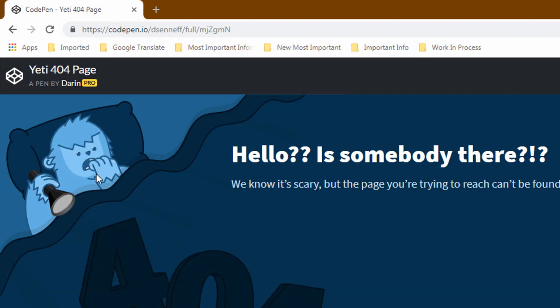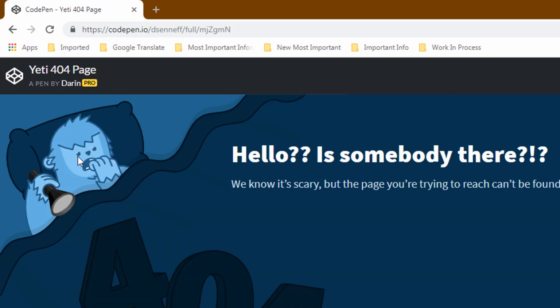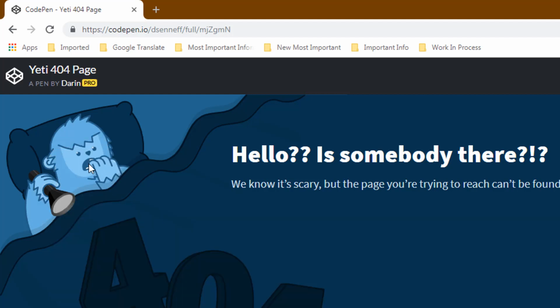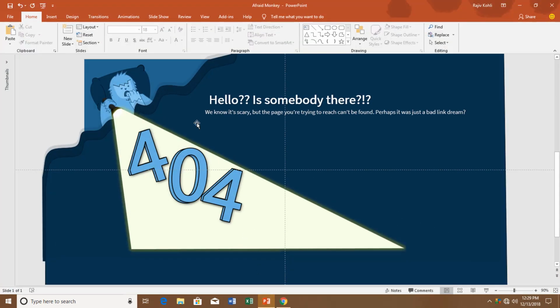Okay, mouth, beard, left hand, and then the light blinks and the right hand moves down, the mouth shrinks and the eyes grow. Let's see it one more time. As soon as the light blinks, the eyes grow and the mouth shrinks, and again it comes back to its original position. So that is what we have to reanimate in PowerPoint 2016.